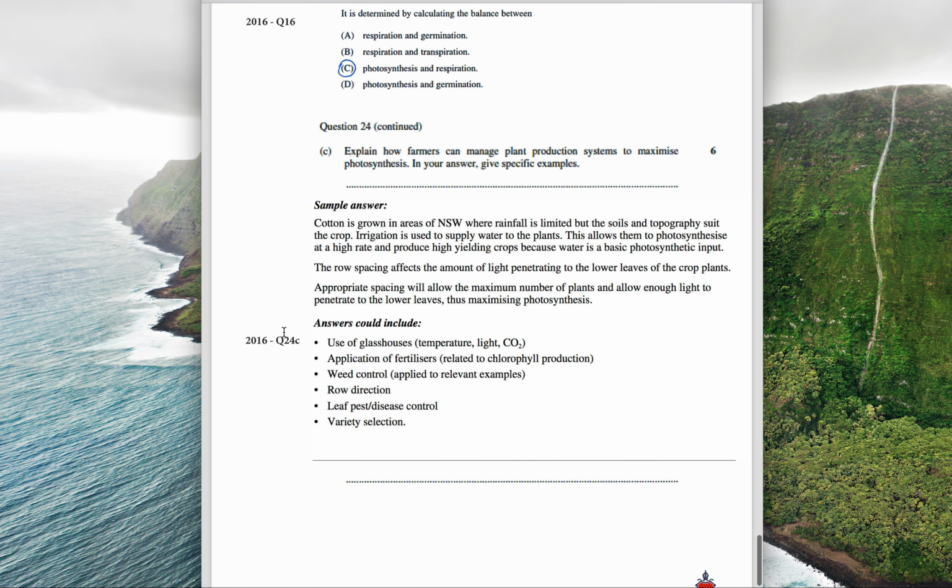2016, explain how farmers can manage plant production systems to maximize photosynthesis. Now this is also related to a dot point coming up shortly, but you could also potentially start answering it already. And this is a sample